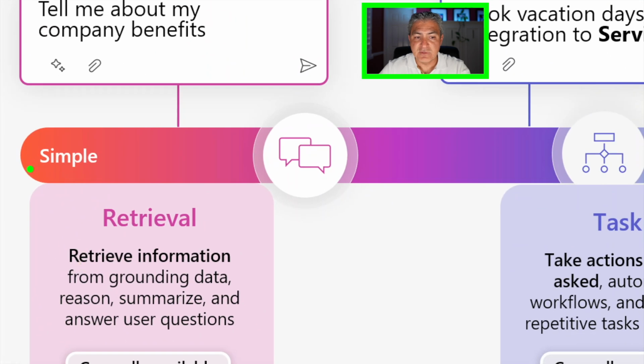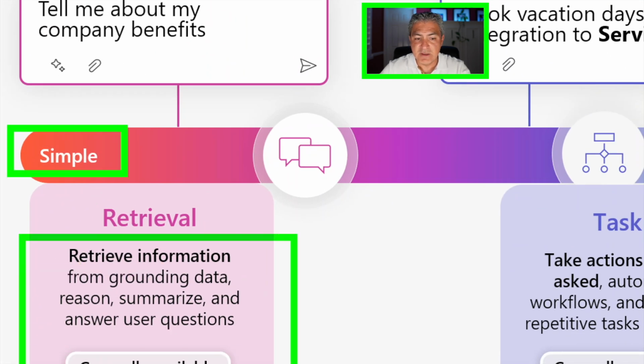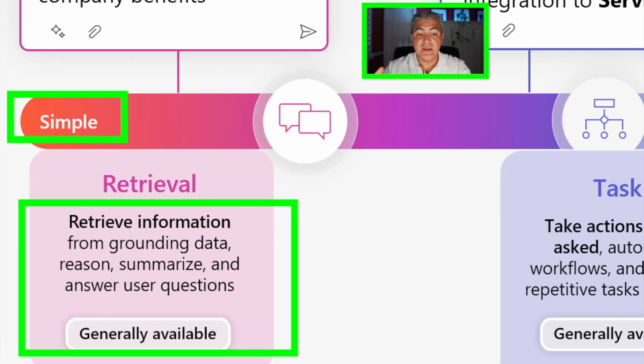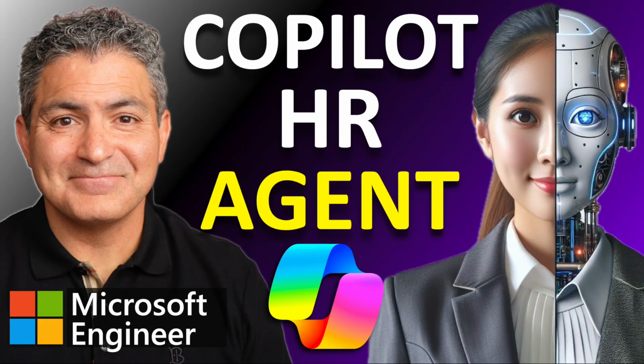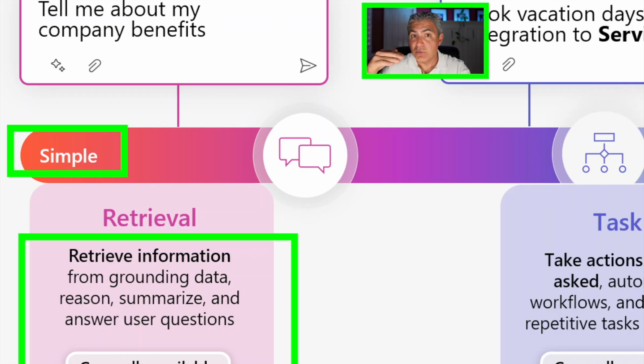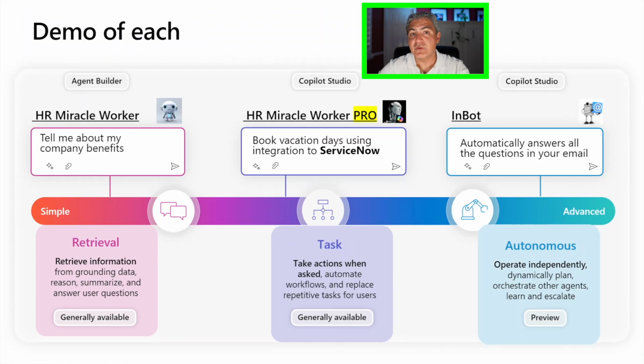Now, this is the simplest type of agent, and basically it retrieves information that it's grounded on and it reasons over it and summarizes it, does a great job. Now, I actually built this agent step by step in a previous video, so if you want to know how to build it, check out that video. But today we're going to do a demo so I can show you the spectrum of agents going from one